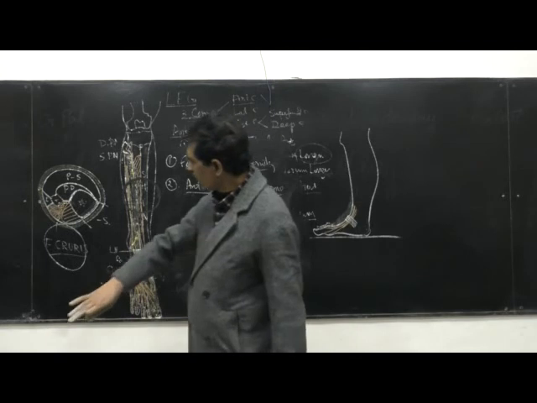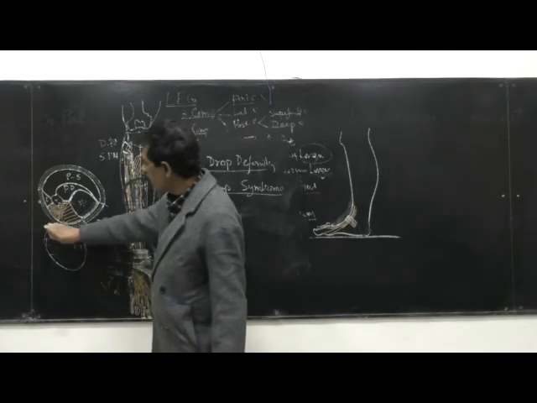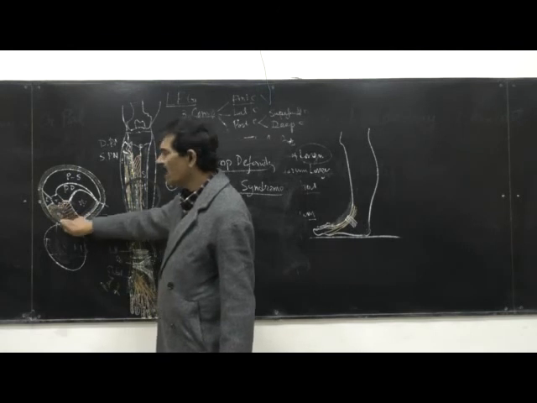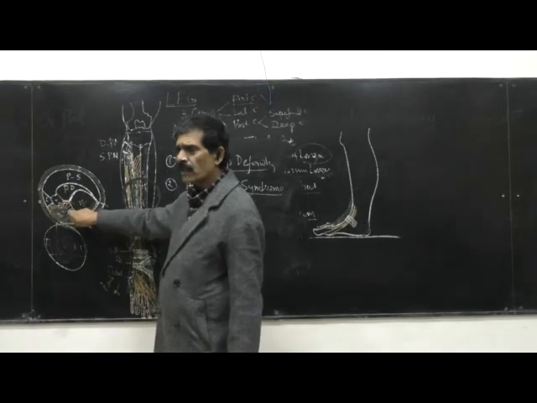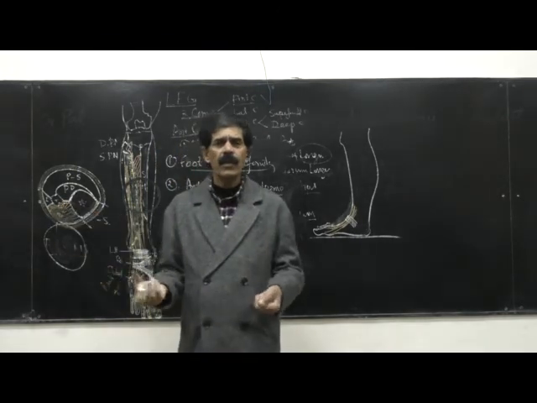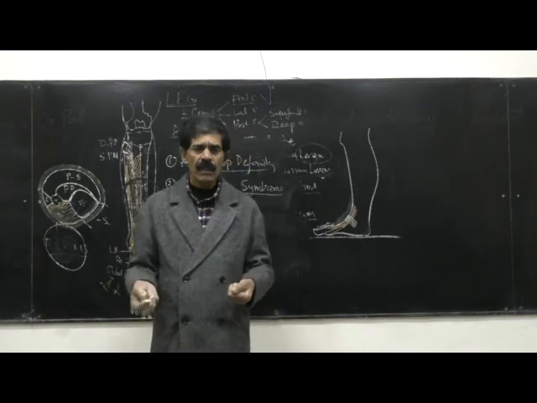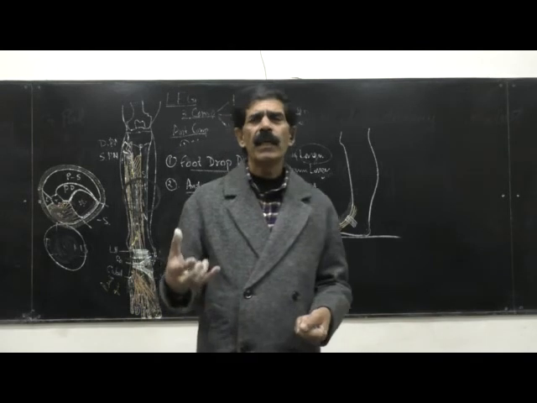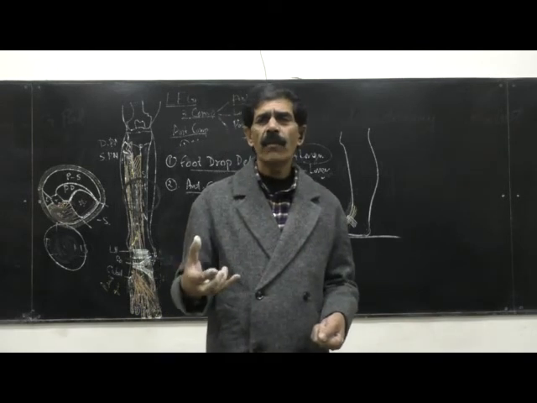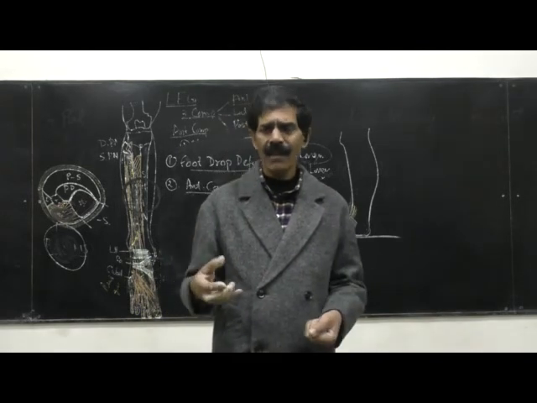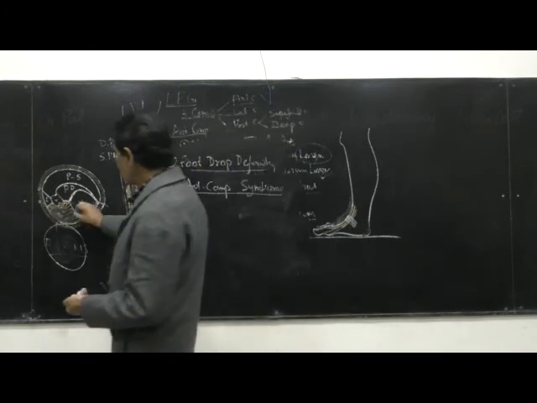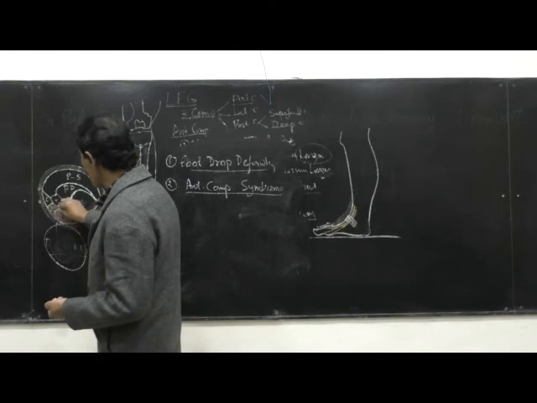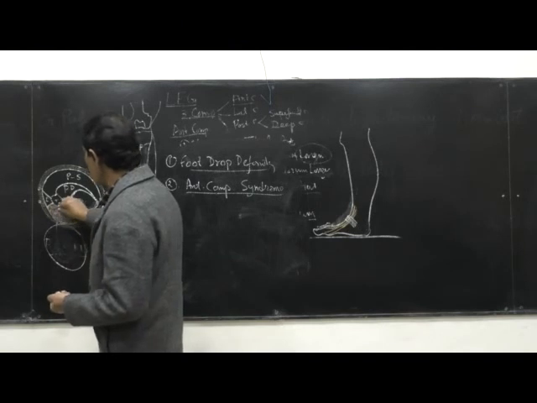So what happens because of the impact of the ball on the anterior compartment is that all the overlying muscles will be crushed. And when the muscles are crushed, since muscles are rich in blood supply, the blood will come out, and there will be bleeding inside the muscle. What will happen? There will be hematoma formation. Blood will be clotted, and clotted blood is called a hematoma. Hema means blood, toma means like a tumor.